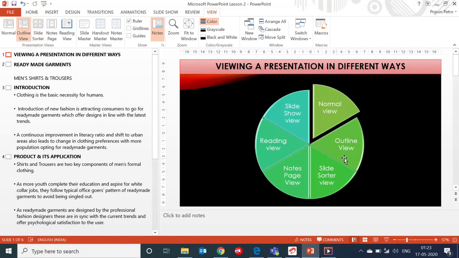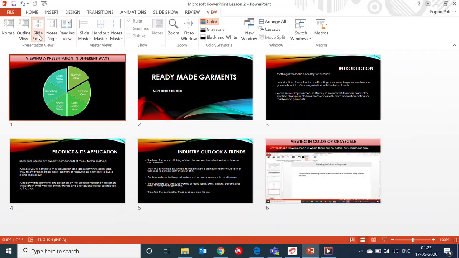Then the third one is slide sorter view. In slide sorter view, all slides are shown as thumbnails. Look, here you have 6 slides, shown as 1, 2, 3, 4, 5, 6. All slides are shown at once.